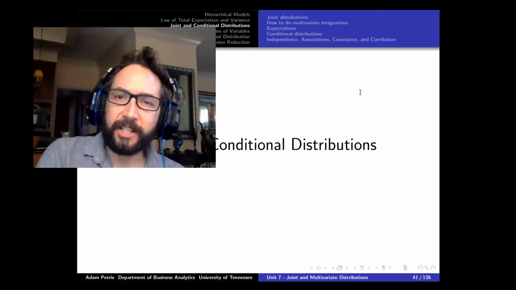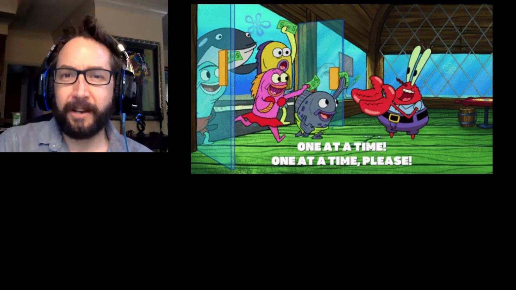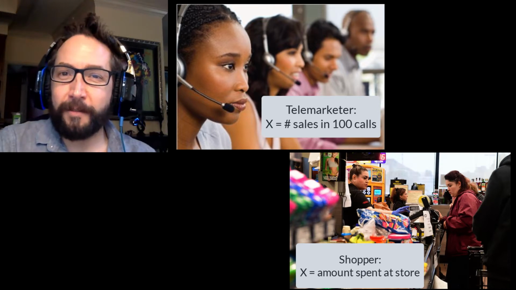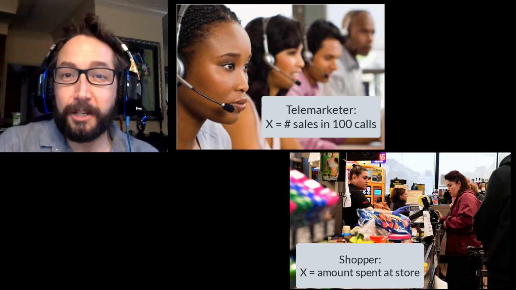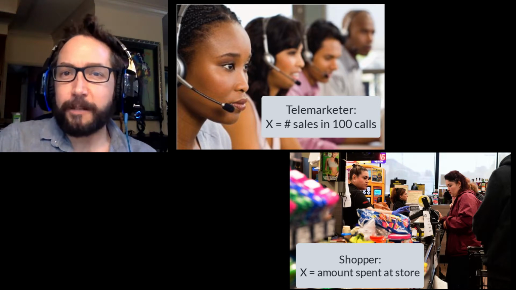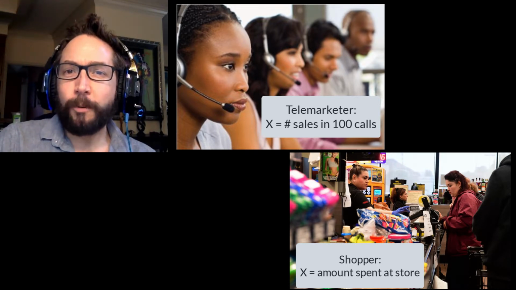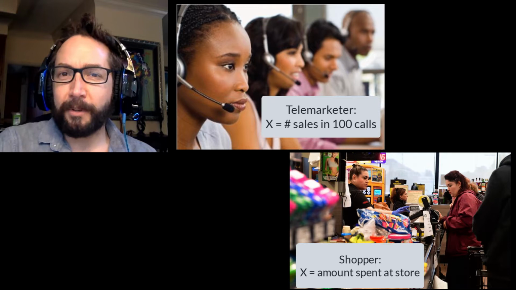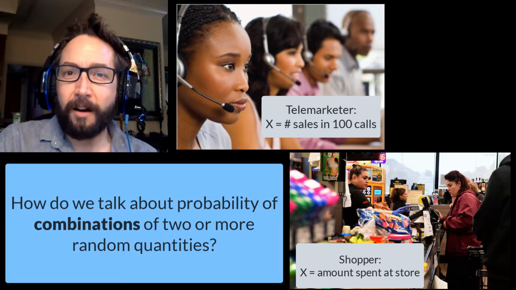So far, our discussion about probabilistic modeling has focused on one variable at a time. What's the distribution of the number of sales a telemarketer is going to make? What's the distribution of the amount of money that someone is going to spend the next time they visit a store? But very often, especially in business analytics, we're more interested in looking at the probability of combinations of random